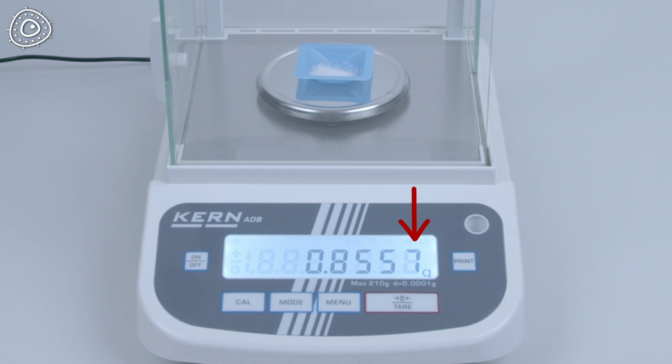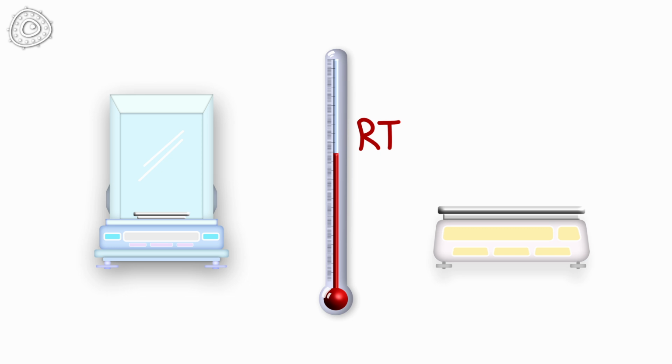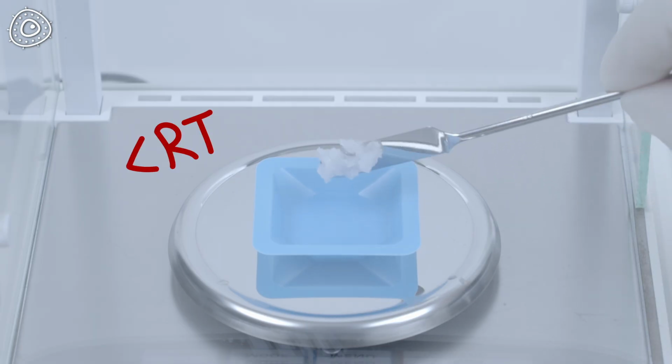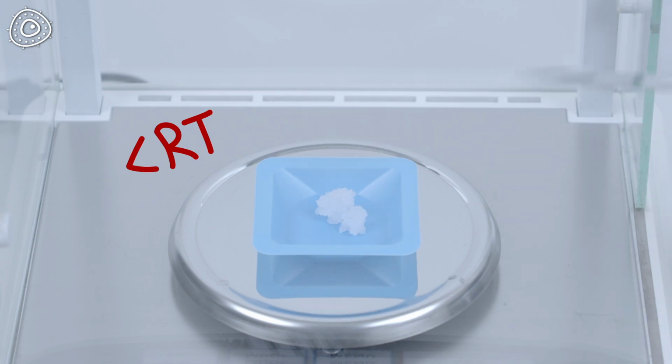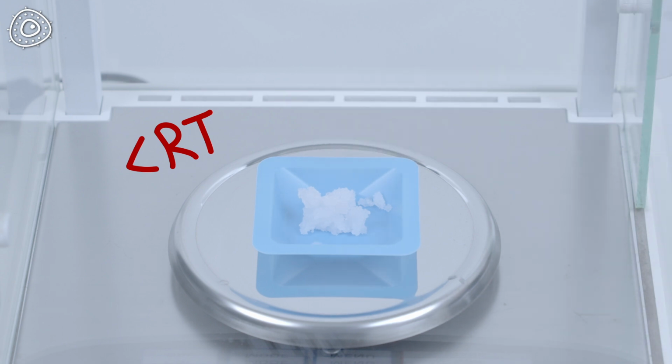Another common mistake is to take the last digit on the precision balance seriously. We mentioned that before. Use that digit only for rounding up or down the value on the display. Another mistake is to weigh substances which are not at room temperature. First, scales are calibrated to operate at room temperature, and apart from that, if you weigh something warm or even hot, the weight will be less, and it will increase as the object cools down gradually. If you weigh something that is colder than room temperature, your object will attract atmospheric humidity, which will condense at the surface of the object, again leading to wrong readouts.